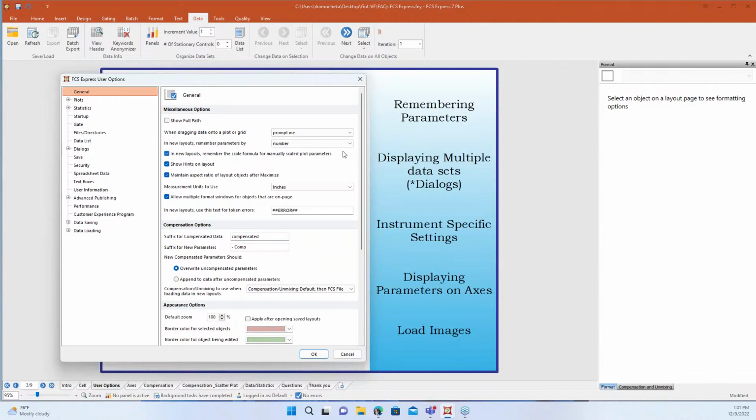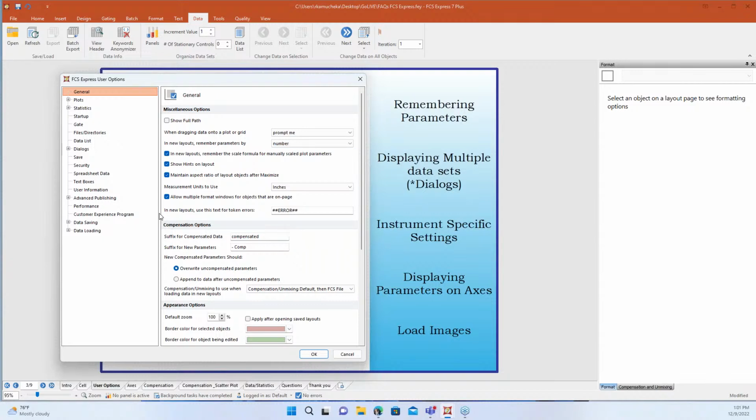Now, like I said, there are some good things and bad things from doing either way. Number is decided by the instrument, so it does decide the number order, and it also determines the name. We have some options where we can customize how FCS Express looks at that name if you wanted to include name and stain, and we'll be looking at that a little bit later when we look at instrument-specific settings. Holly, what are some of the questions that you've seen related to how FCS Express remembers parameters?